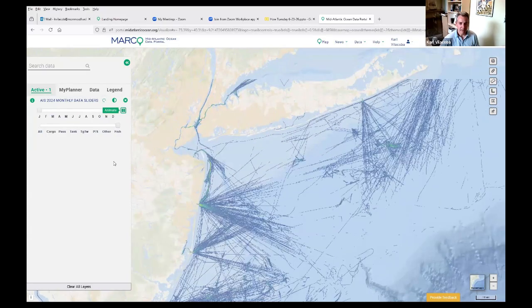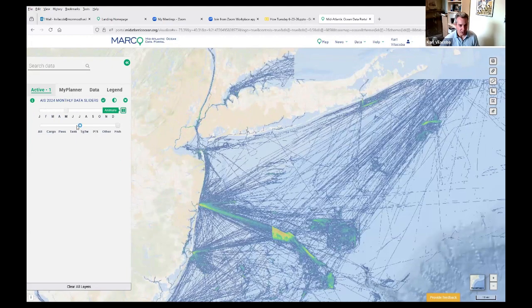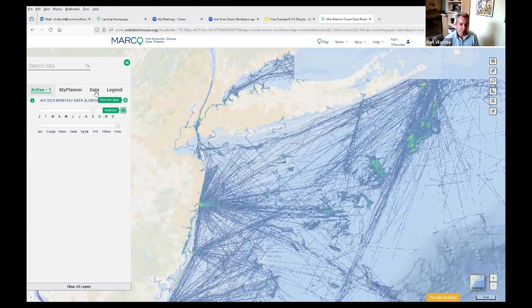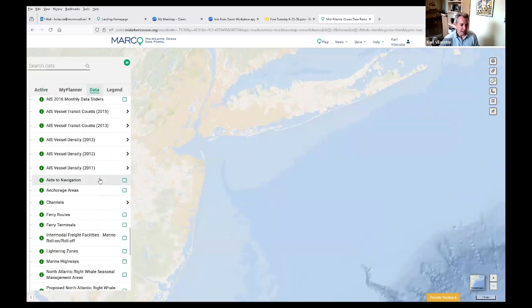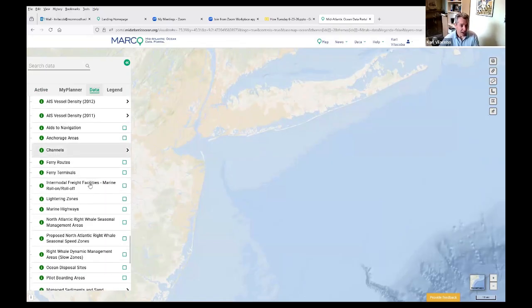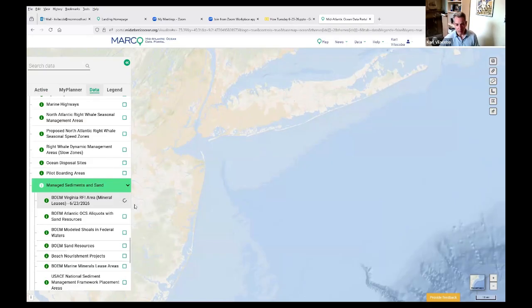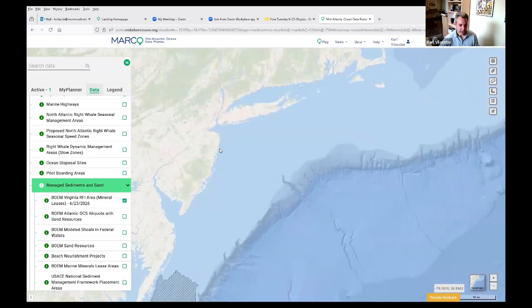And this is how you use all of the sliders that we have. In some cases, it's one slider, or in other cases, two that you have choices for. And I'll close out of that. But Maritime also has stuff like channels, ferry routes, ocean disposal sites. This one, managed sediments and sand, is where we just added this morning